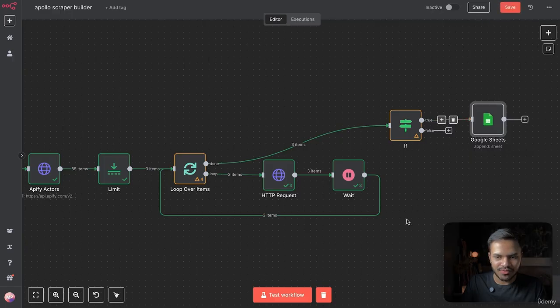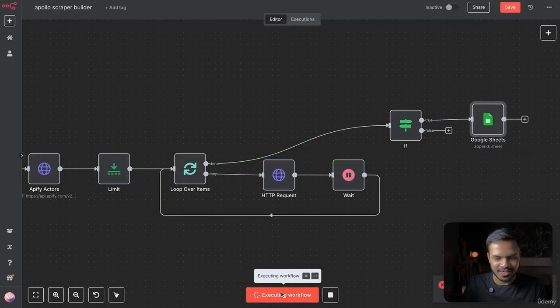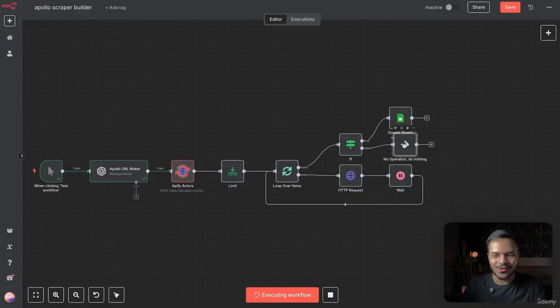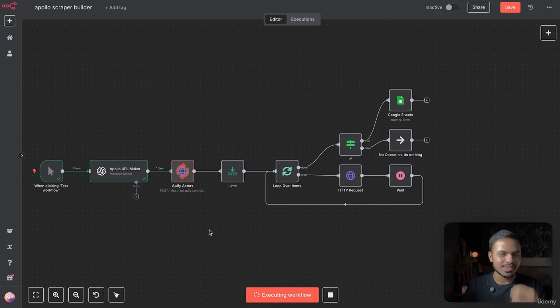Let us save our workflow and let us run it again. We can also add a do nothing node. If this is false, if the email is not verified, we don't want to deal with anything. Here you don't want to run it every single time. You can just pin the data from the Apify actor and it will execute every single time from that same data. Awesome, so it is in the email verification